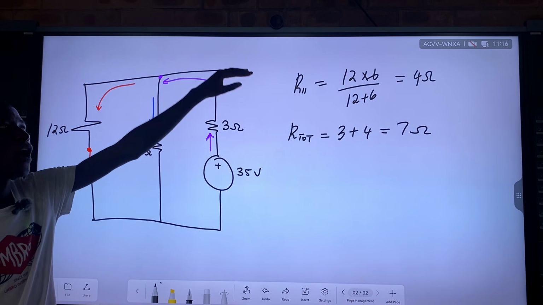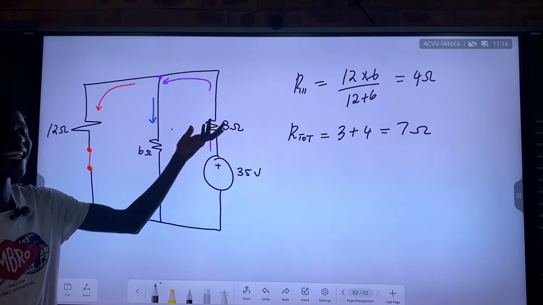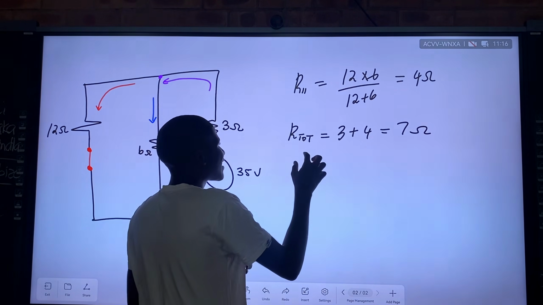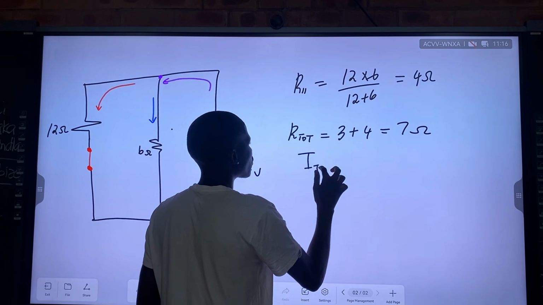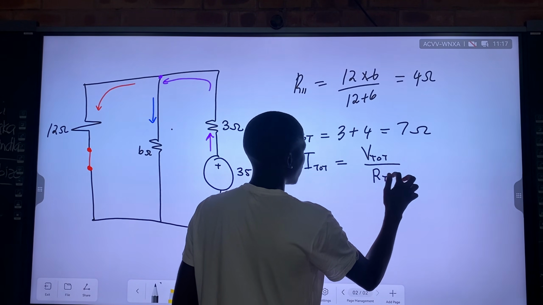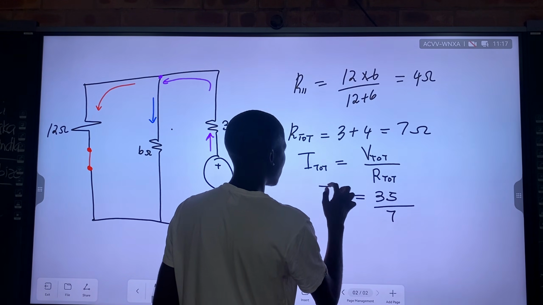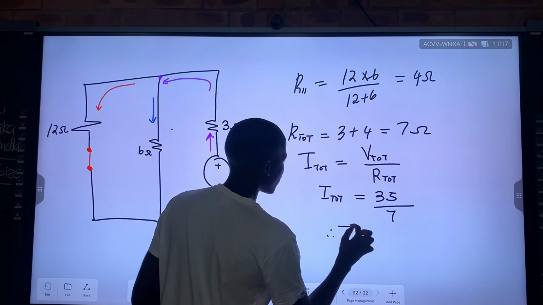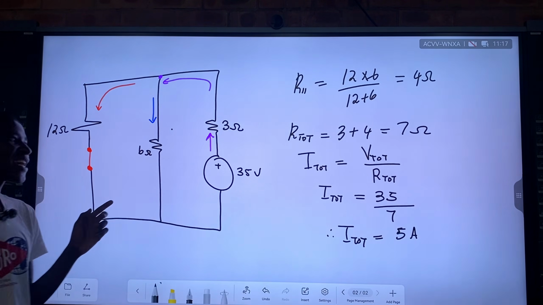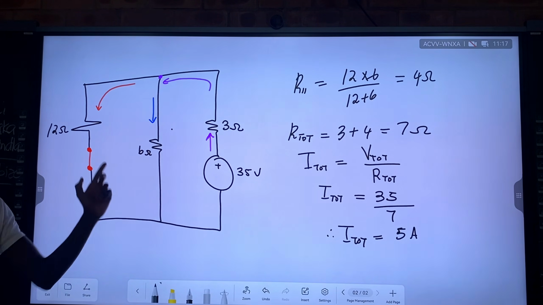So at this point, what do you need to do? You need to find what is the total current. Iyona ezoba i-current engena la kubani ku-3 ohms resistor. Yezwakala leyo nto angisho. So i-total current lana sothini? Total current is what? V total over bani? R total angisho. So V total wethu is 35 volts. R total wethu what? 7 ohms. So the total current there is 35 over 7, which is 5 amperes. But as we're in the direction, the 5 amperes were up angisho. So the 5 amperes is going up.